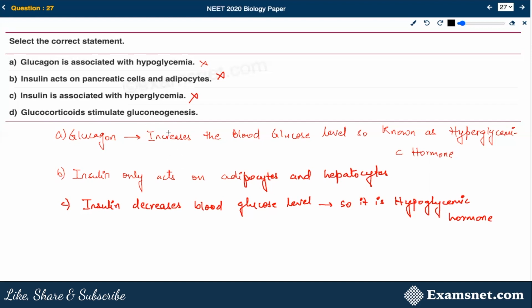Gluconeogenesis basically means formation of glucose. So this is a correct statement, that glucocorticoids stimulate gluconeogenesis